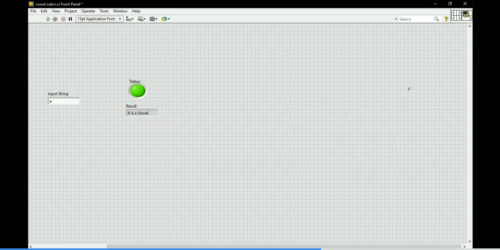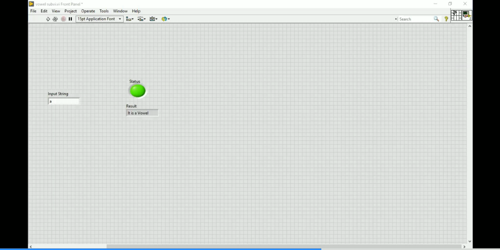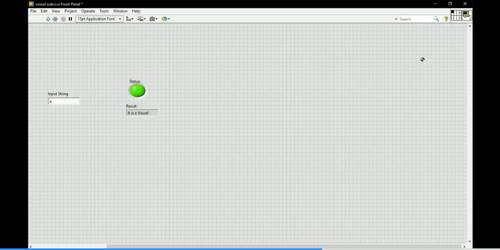After choosing the pattern, you have to select the connector pane and choose which terminal you are going to use. You can choose any box in this place. I am choosing the left side box, because for all functions we give the input on the left side terminal. The right side terminal represents the indicator, and the left side terminal represents the control.